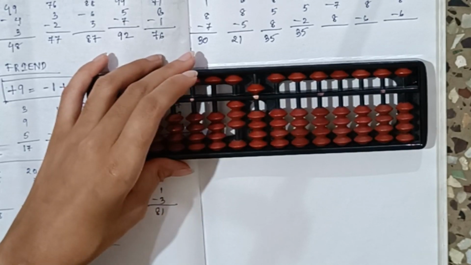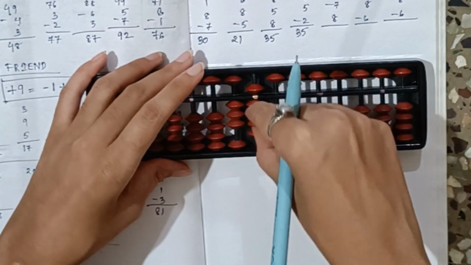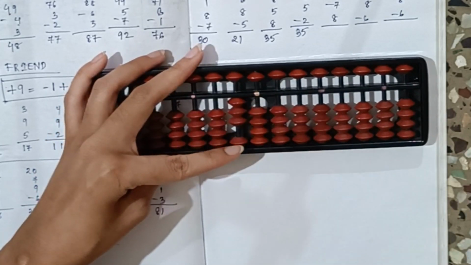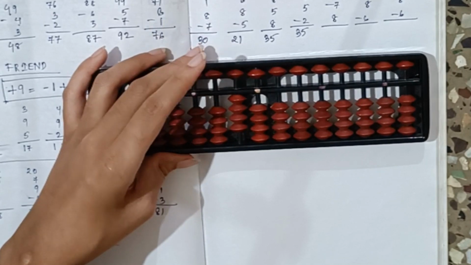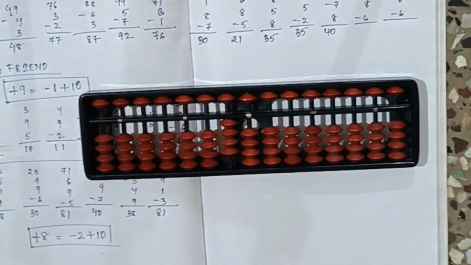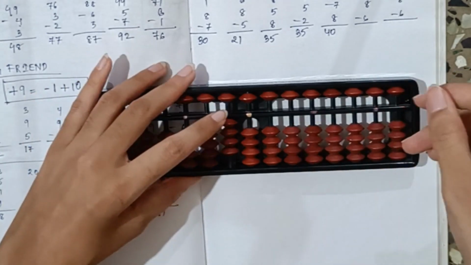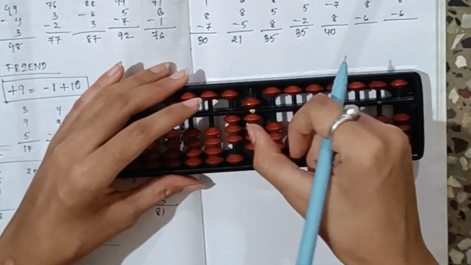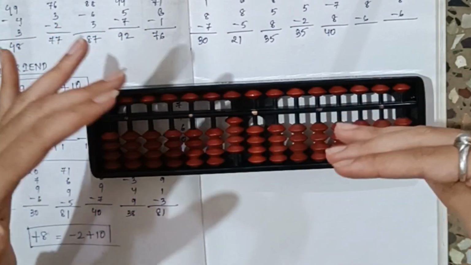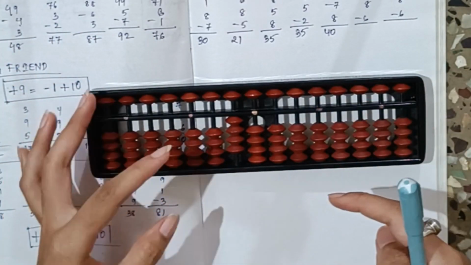Now next question is 35, 4 minus 7 and 8. So 35, then you'll add 4, then you will do minus 7 and then you'll add 8. Again you'll use the formula less 2, add 10. So answer is 40. See, actually when you'll be solving, you should not do like less 2 add 10 separately. Your fingers should move simultaneously. Like see, 35, 4 minus 7, less 2 add 10. You should not have that pause like you will do first less 2 then add 10.